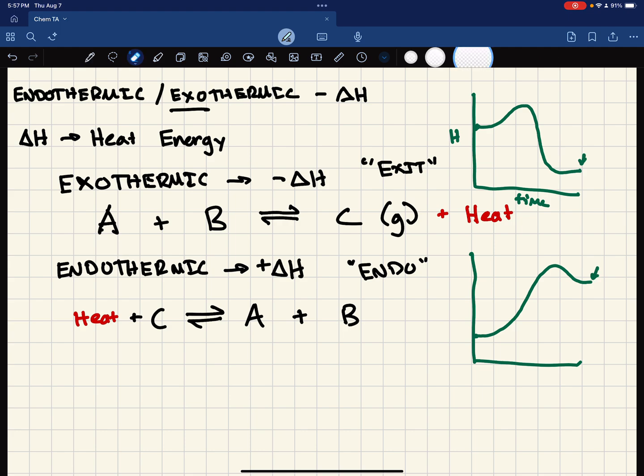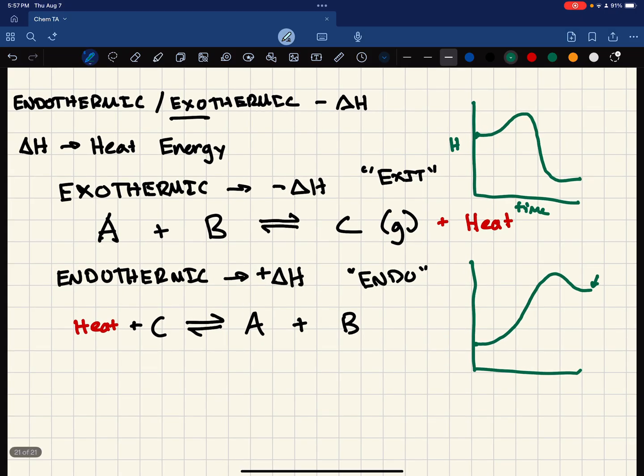So you can see how this released energy, it released energy right here and came to a lower point. And this is just the reverse of the graph. We had to put in a lot of energy in order to make it go through. There was still some energy required because any reaction requires energy, and I'll get to that in just a sec. But this one required a lot more energy because it's endothermic. You needed to put in a lot more heat in order to get it out. Okay, so